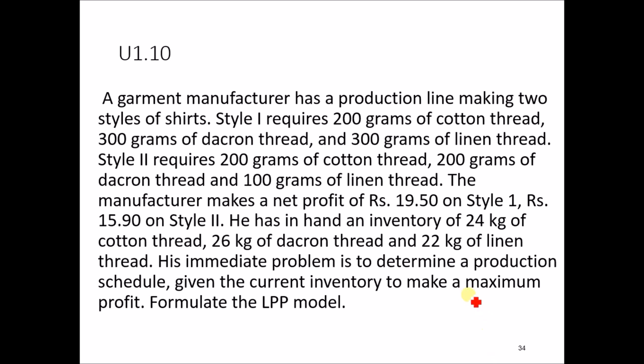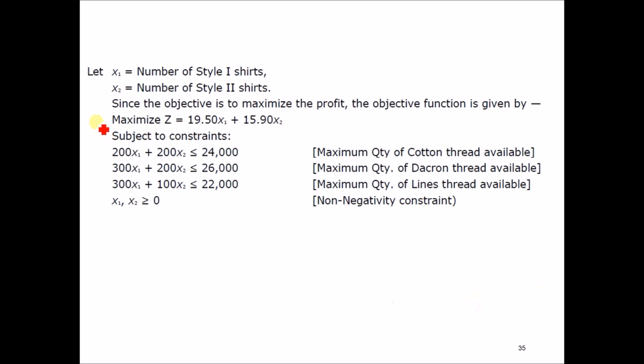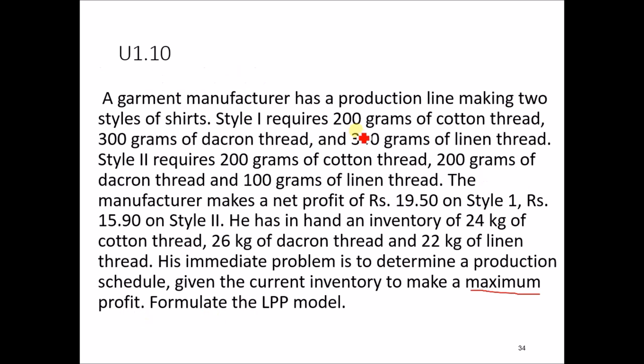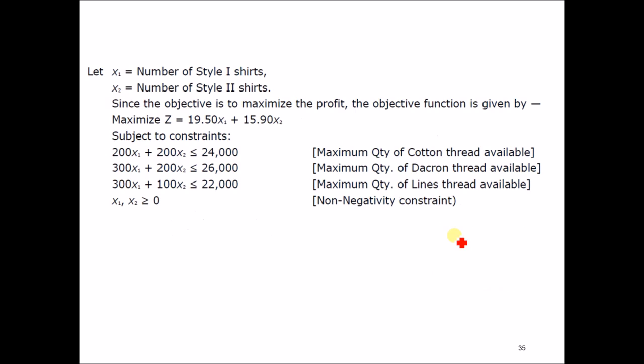Here they have asked us to maximize, so the problem is a maximization problem, and the constraints are also given. The net profit is 19.50 for style 1 and 15.90 for style 2, so that will be the objective function, and there is an inventory of 24 kg of cotton thread and 26 kg of decon thread. What you have to see is that on the left side everything is given in grams, but here everything is in kilograms. You need to convert the kilograms into grams, because on the left hand side everything is given in grams. So on the right hand side, if kilogram is given